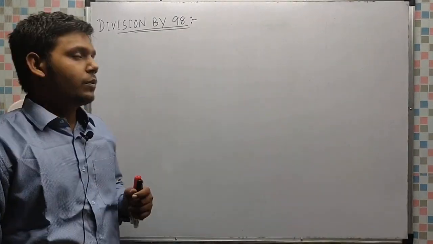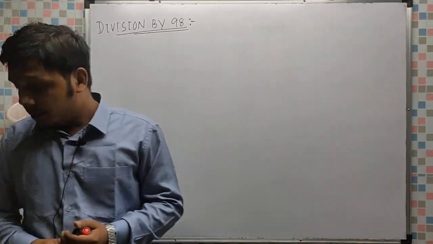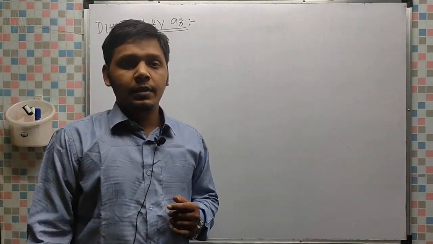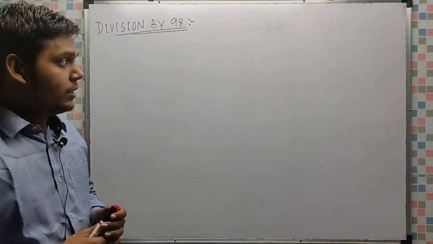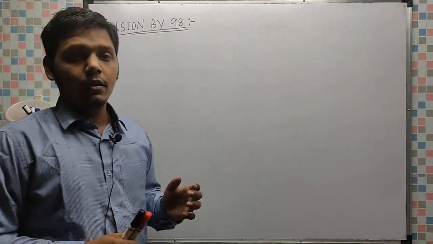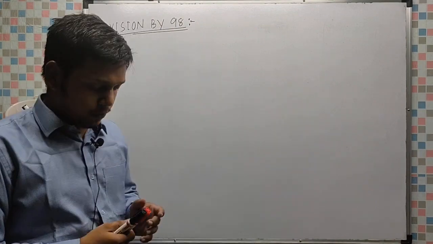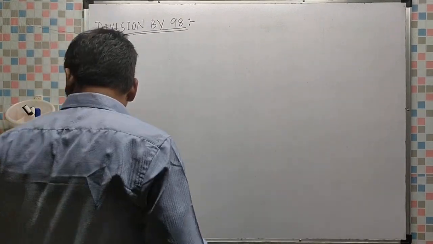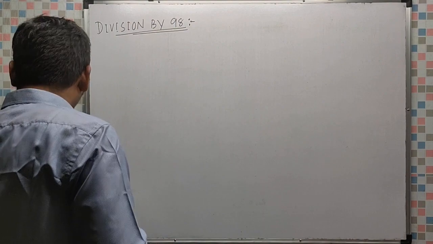Today we will discuss division by 98. Previously we have read about division by 99. There is a two-digit number. One number first I will solve by using 99 so that it will be a revision for you. So if any number is divided by 99, see,